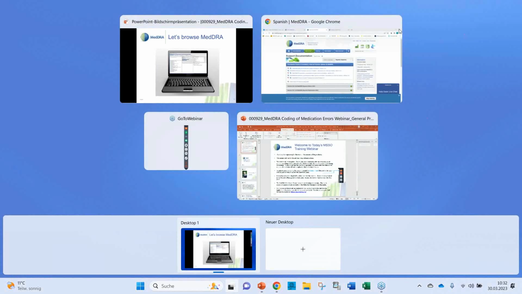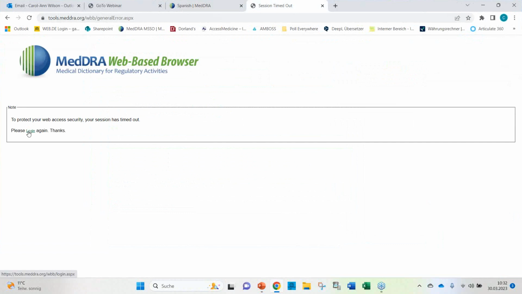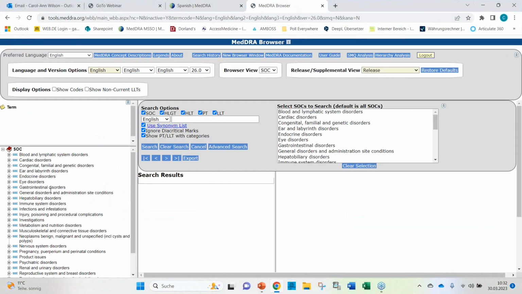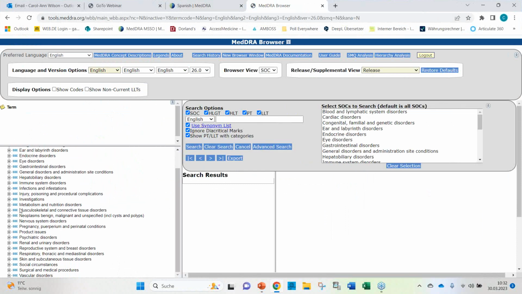So let me switch screens again and log into the MedDRA web-based browser with my credentials. Here we are, and this is how it looks. And we will start with a top-down search in SOC injury.